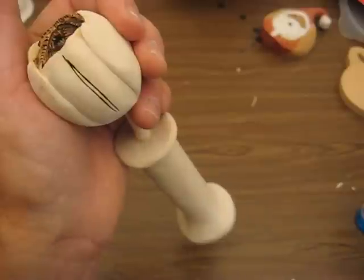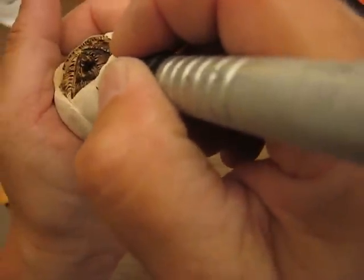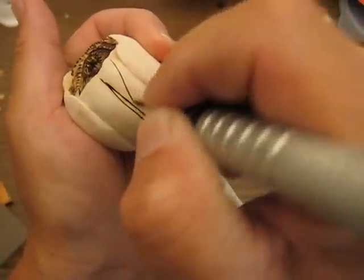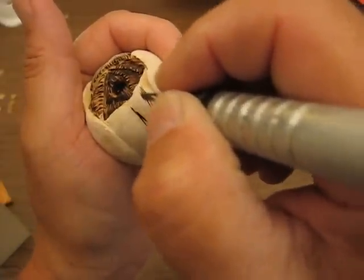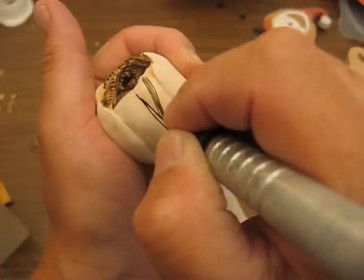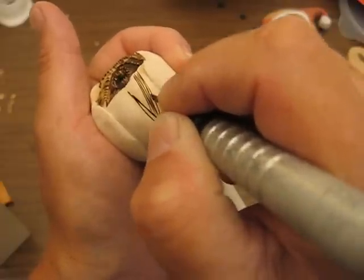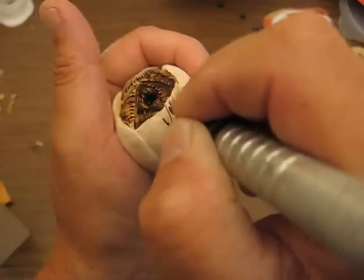So what you're going to do, it's a little bit warm, you're just going to take it and go like this. Alright? You're going to try to get those lines really close together. Okay? I'm going to do it a little bit closer once I get off here, but I just want to show you how to do this. Alright? And I know this is going to take some time, which is okay. Alright, so just go ahead and do that,